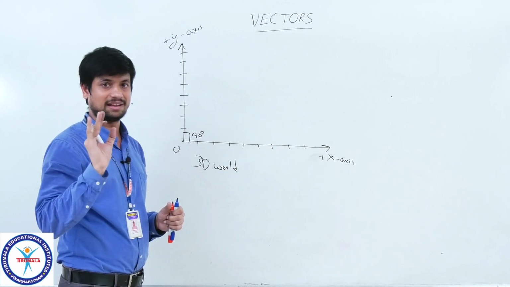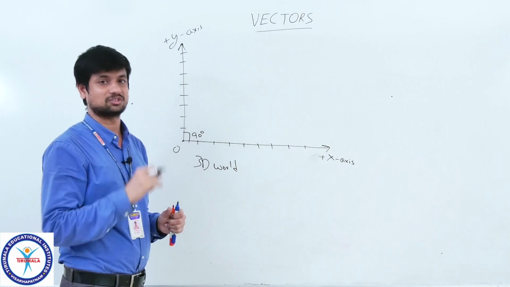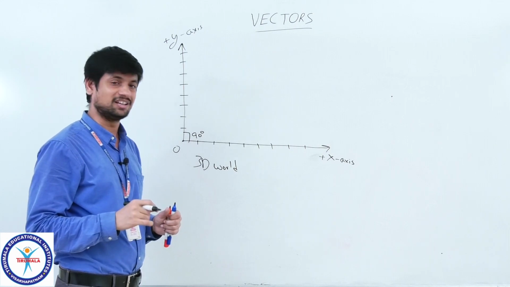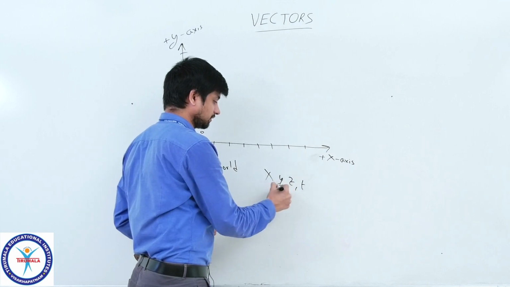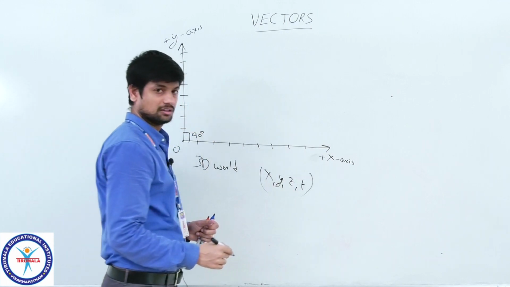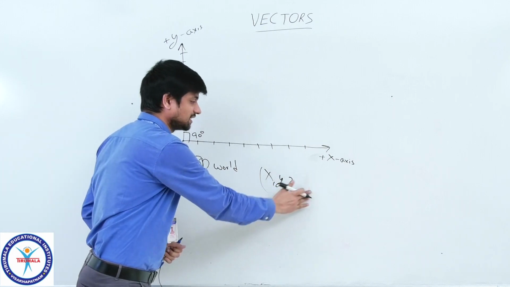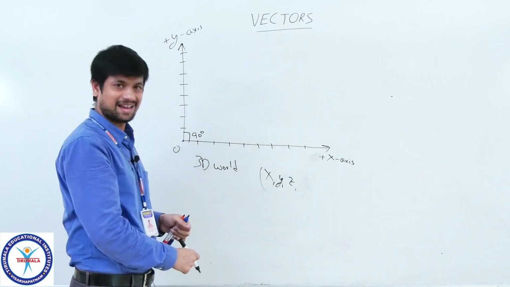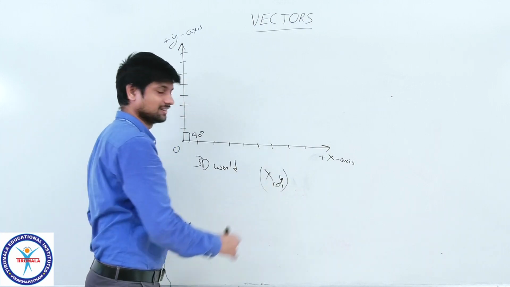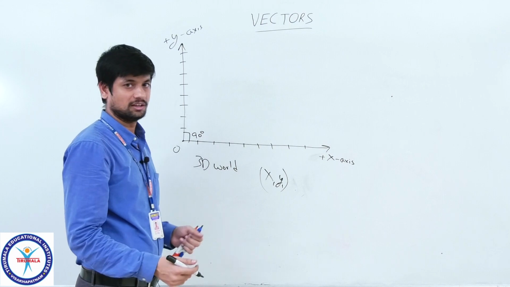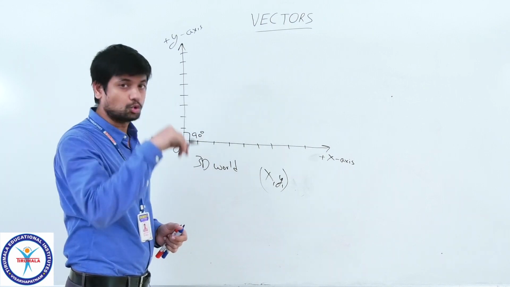Dimensions means simply lengths. But in the 4th dimension we add time also, x, y, z, t. But the 4th dimension we do not want. Here you can see I have taken 2 dimensions, x comma y, that means only 2D, plane, right, 2D. So for this 2D we are going to identify 2 vectors.